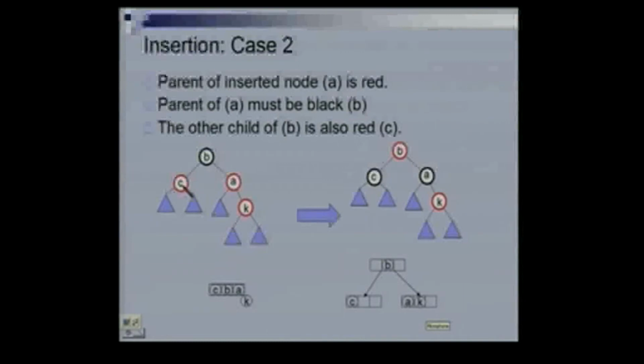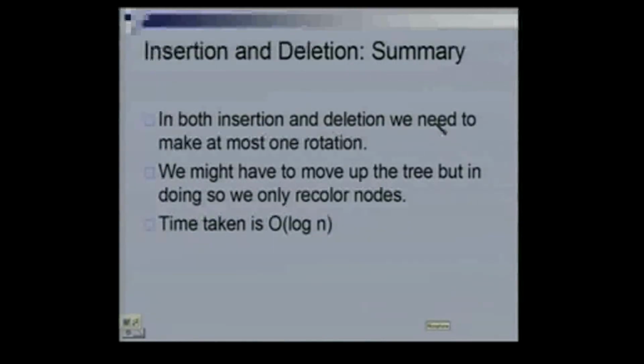Let us see, when we moved the problem up to the next level in this case, all I did was change these reds to black and change this black to a red. And now it is moved up to the next higher level, and maybe if it has to move up to a further higher level, it will just correspond to recoloring of nodes. When we color B red,